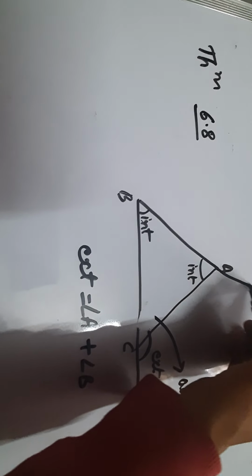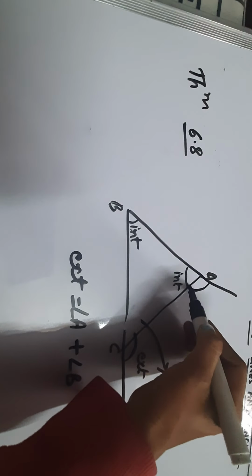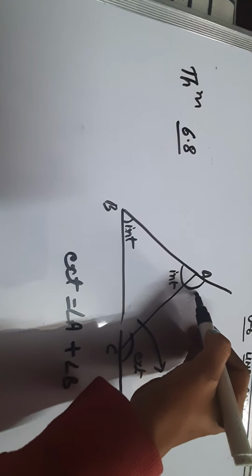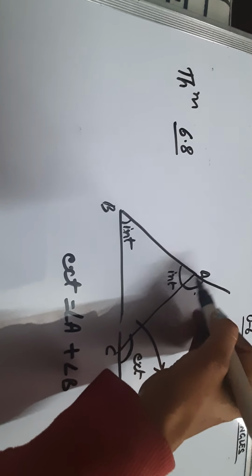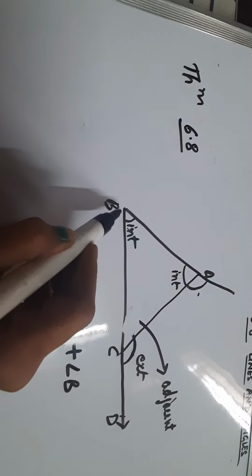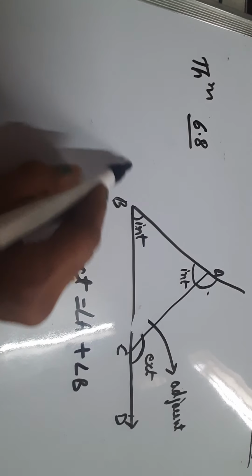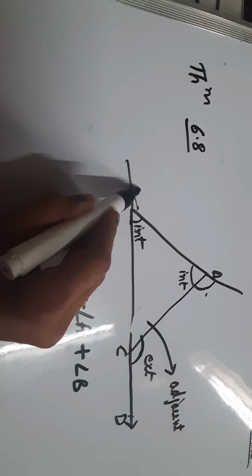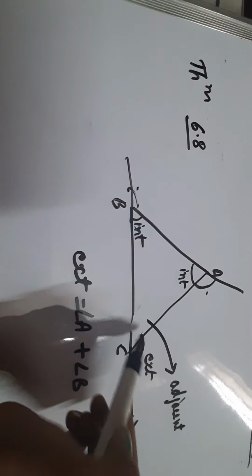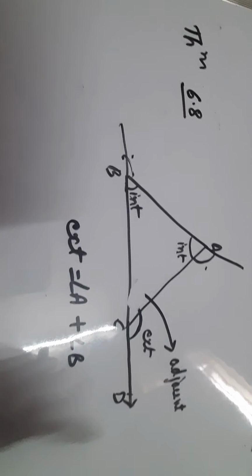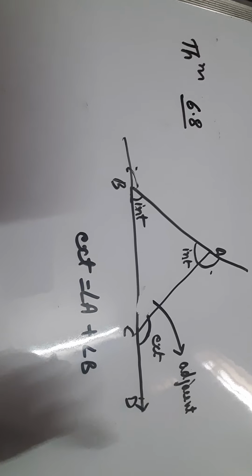इसी तरह अगर मैं ये साइड एक्सटेंड कर देती हूँ तो ये एक्सटीरियर है, then this exterior angle will be equal to, तो वो A नहीं आएगा, will be equal to sum of angle B plus C. अगर B पर बनता है तो this exterior angle is equal to angle A plus C. So this is your theorem 6.8.